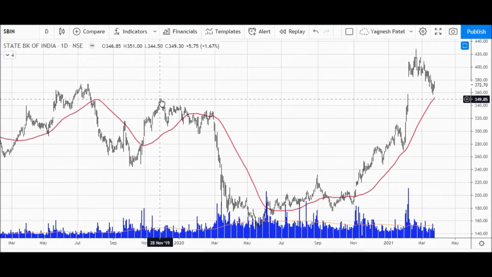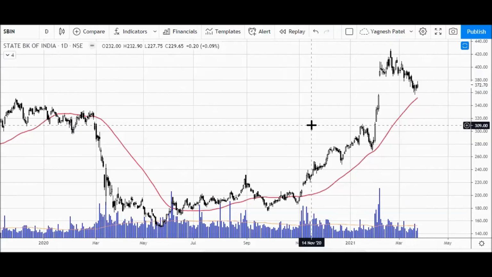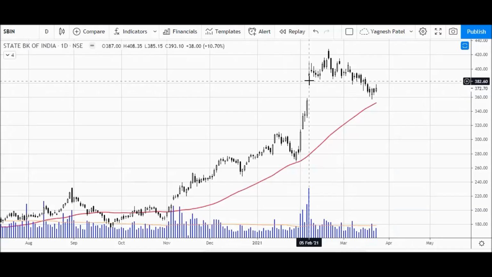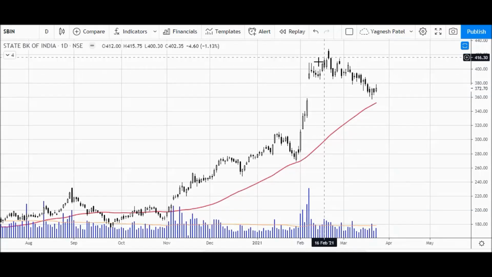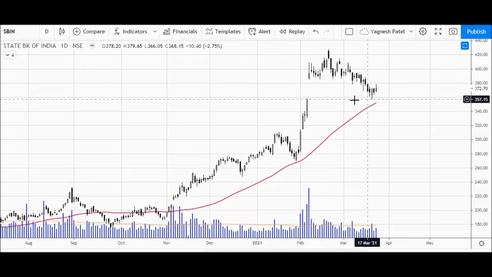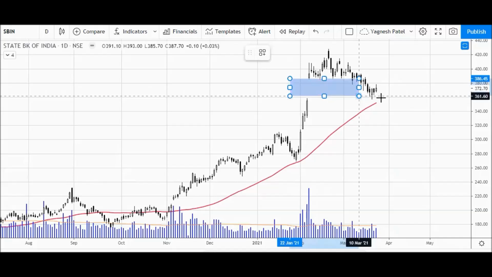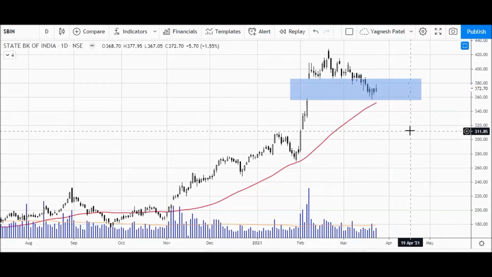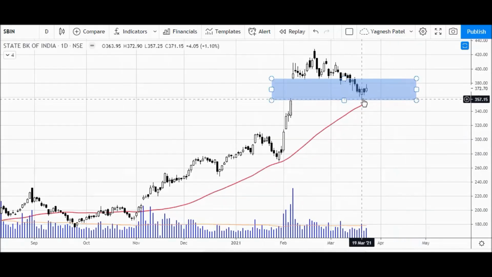This is the area. Some kind of hurdle was facing SBI, but with the gap up opening, we have seen a good breakout. But since the time of breakout, the stock is not going upside, it is trying to fill the gap. That's a very important area, because in an uptrend a gap will always work as a support zone. Now exactly at the lower level of this gap, the stock is trying to take support by showing multiple bullish and reversal candlestick patterns.